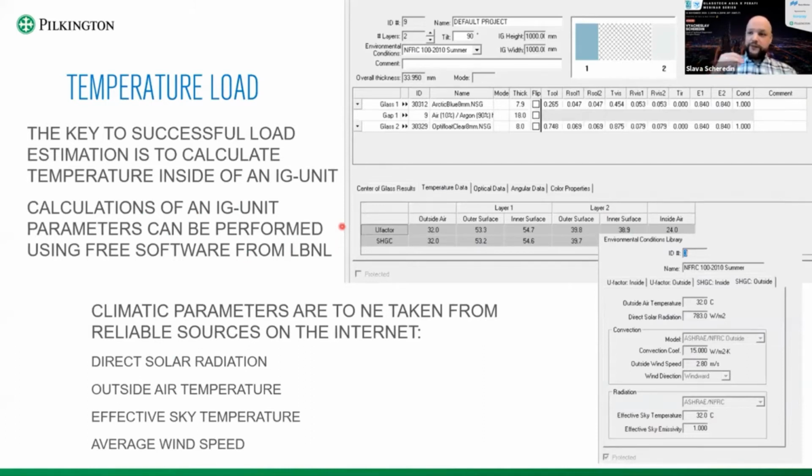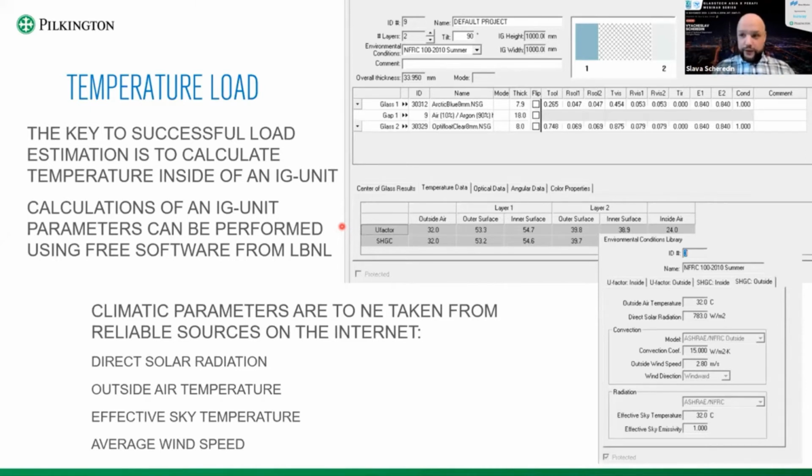But what is the climate in terms of an IG unit? For an IG unit, the temperature inside the IG unit does matter: the temperature of the gas between the glass. By the way, if you install single laminated glazing without gas, it is mostly unaffected by climatic loads, which is good for lamination, but very bad for the energy efficiency of the building in terms of solar control and